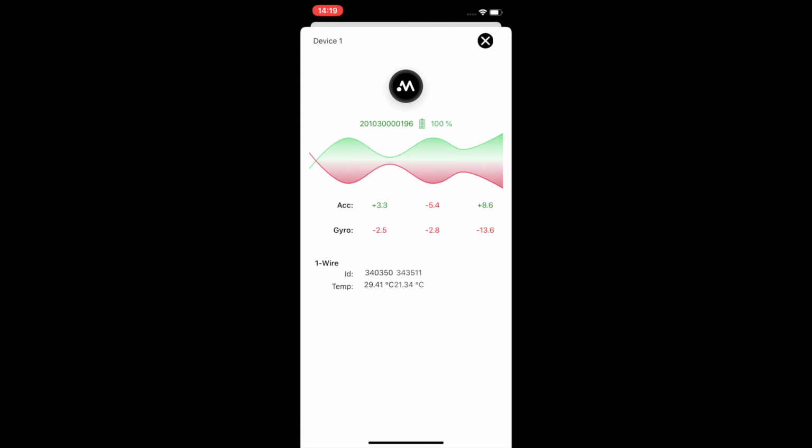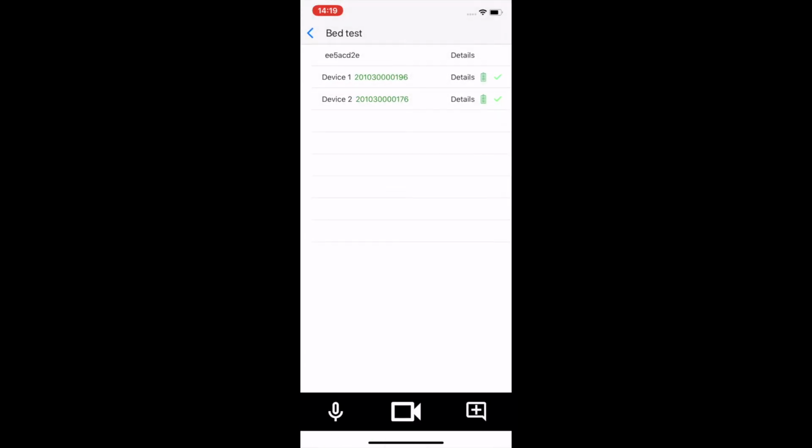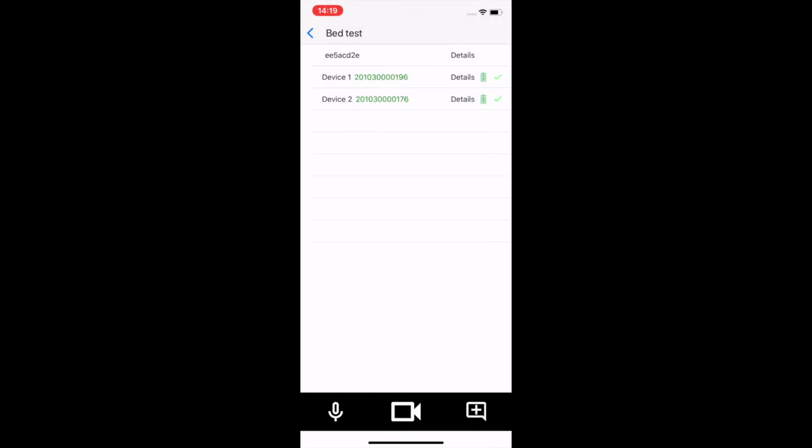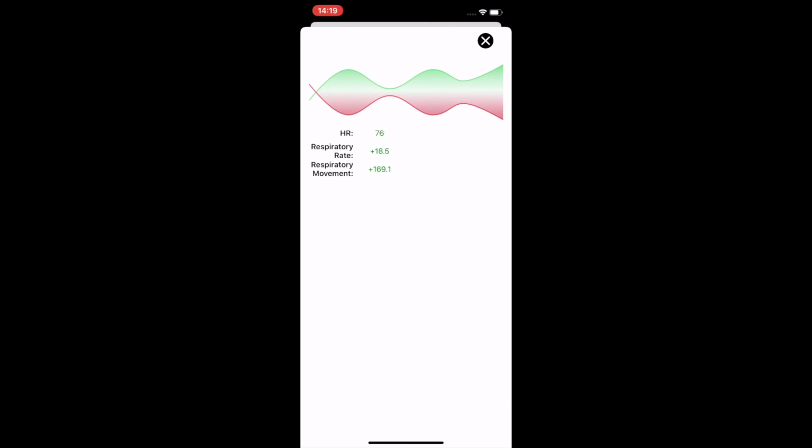In this screen you actually see one of the Movesense sensors where you have acceleration and gyroscope changing, and obviously the one-wire temperature sensors, both of them from one pad. You see that they have a unique ID, so that they are actually unique sensors within the whole system. You also see the annotation features down there, the microphone, the camera, and the comments file, and I added into the YouTube video comment a link so you can have a look at that data yourself if you want to see. So that's the first view of that use case, where we added the sleep sensor